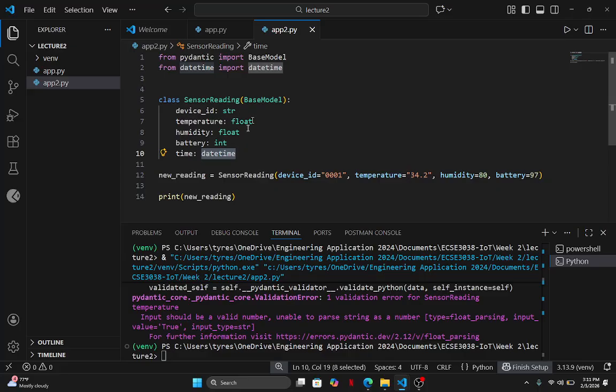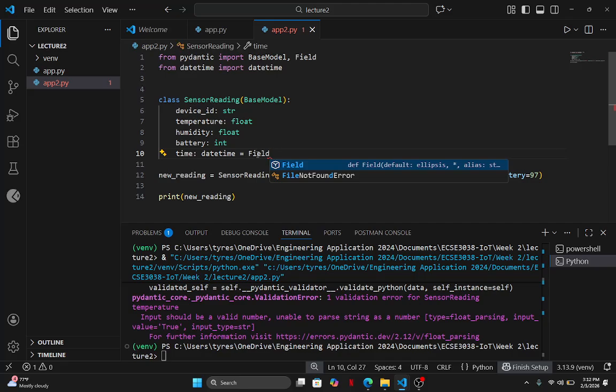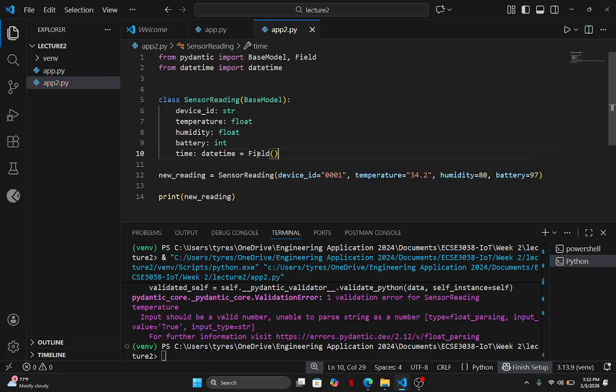I'm going to do that by using equal, and another thing inside Pydantic called Field. All of these here are fields inside of the class. We can use Field inside of Pydantic to make modifications to the fields.